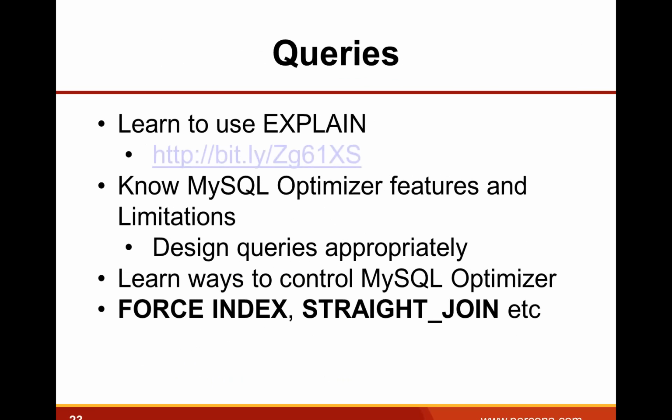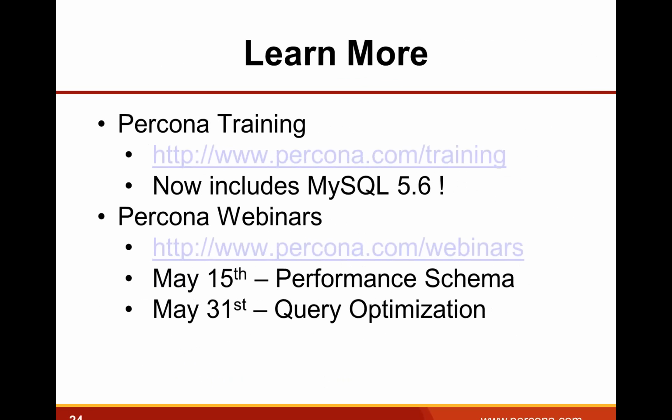Another thing about the MySQL optimizer is that it may be smart, but it's not too smart. It will make mistakes, and more often than you would like. And so it's very important to know how you can force the optimizer to behave the way you like, which are optimizer hints, such as force index or straight join. And in MySQL 5.6, you can also use optimizer options to enable or disable certain optimizations as they apply to a given query.